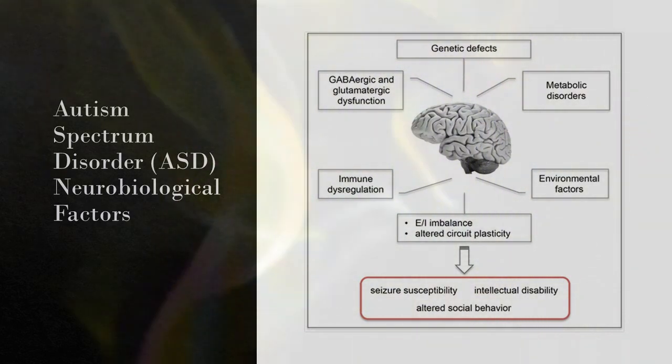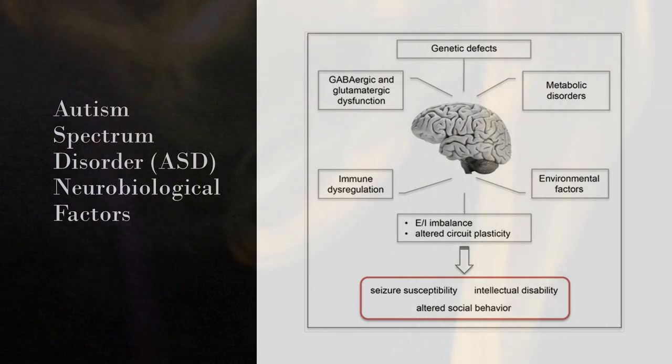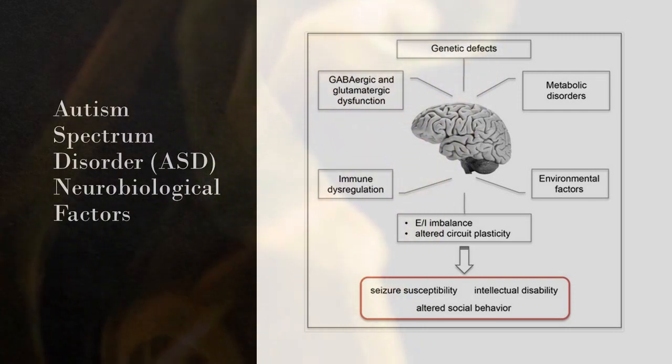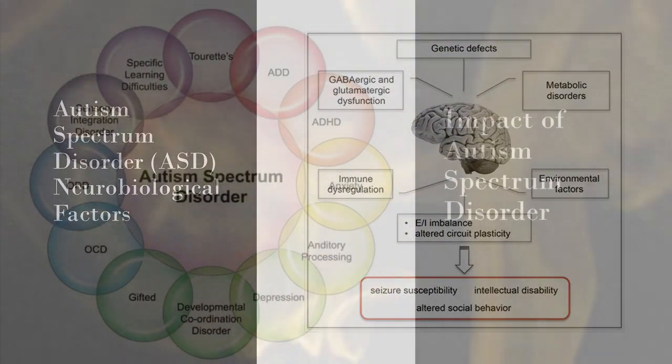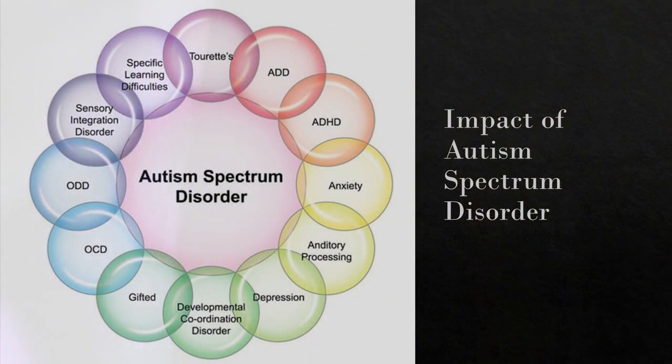Now, one of the hallmarks of autism spectrum disorder is challenges in social interaction and in communication. Children with autism spectrum disorder may struggle with making and maintaining peer relationships. They may struggle with interpreting nonverbal cues and with engaging in reciprocal relationships and conversations. There can also be some repetitive behavior such as hand flapping or insistence on sameness. And that's something that's common with autism spectrum disorder.